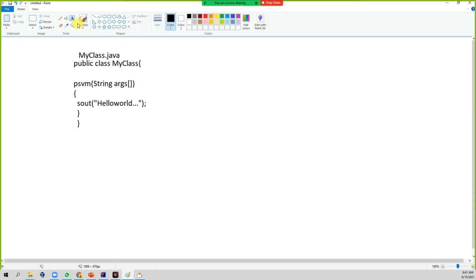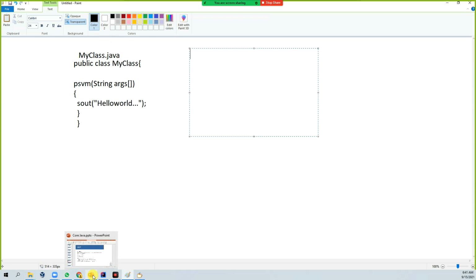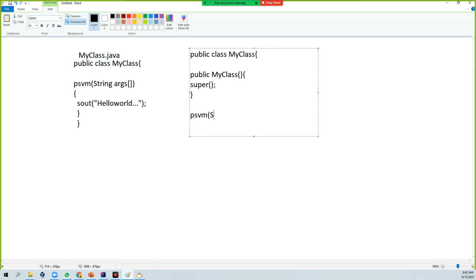What will happen once it gets compiled? Once it gets compiled, at the backend it is going to create public class MyClass, and inside it public MyClass, and public static void main String.